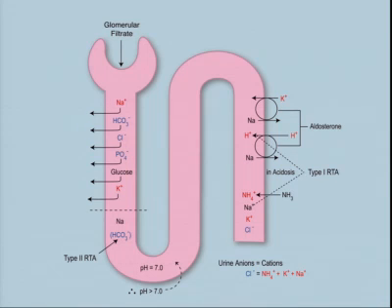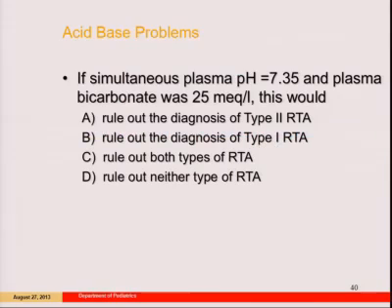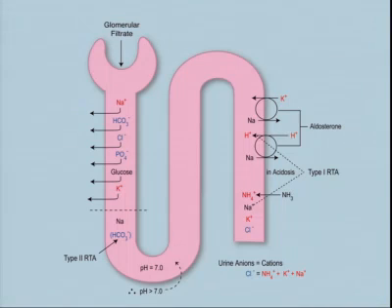So that rules out type 1 RTA in two ways. That's what the urine anion gap is all about. This is only good in chronic acidosis. If I make you acidotic by infusing acid or by doing something right now and measure this gap later today, it's still going to be negative, because in order for this to start working, it takes 24 to 48 hours. So it's only good in chronic acidosis. It's another reason I don't like it.